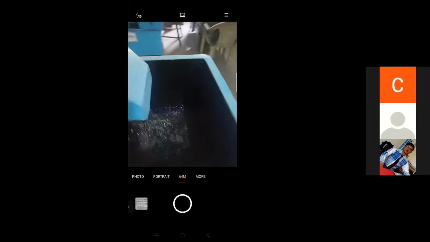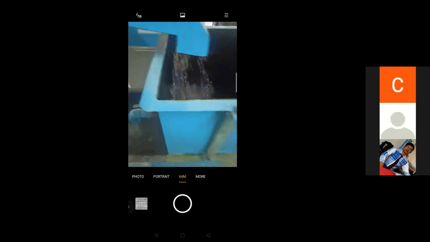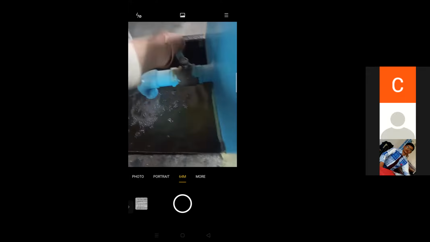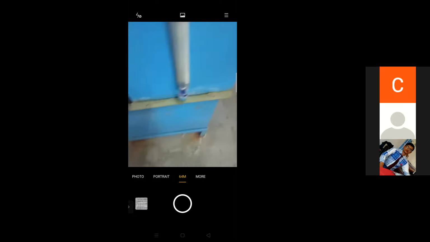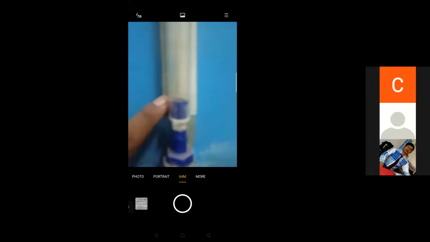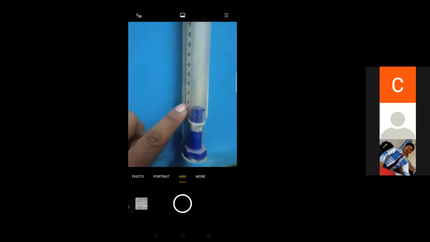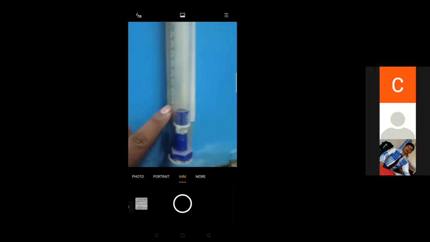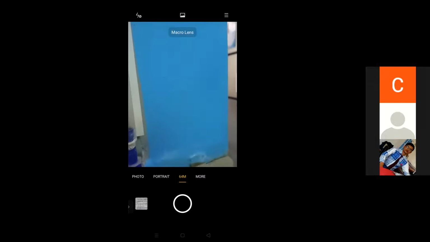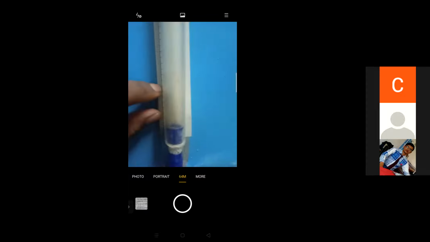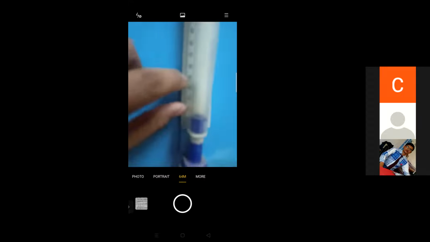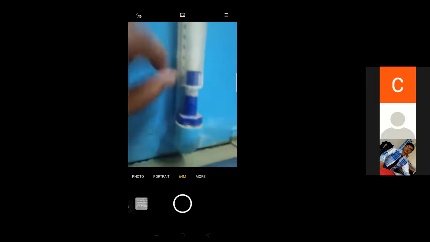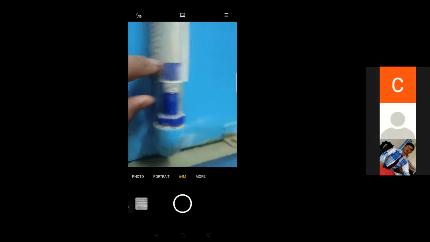Our next task is to measure the actual discharge. Okay, so I have closed this valve now. So let us consider this point 20 mm as a start point, and from 20 we will go up to 50. How much time will it take for a 30 millimeter rise? We will measure that here. At 20, when it comes to 20, I will start the stopwatch.